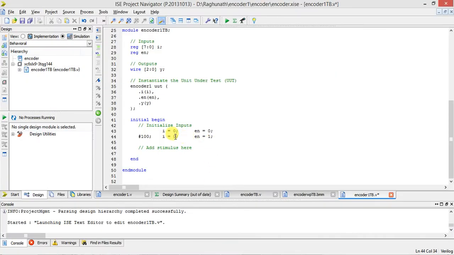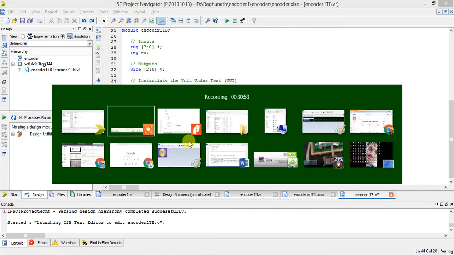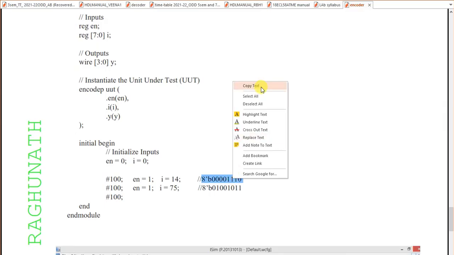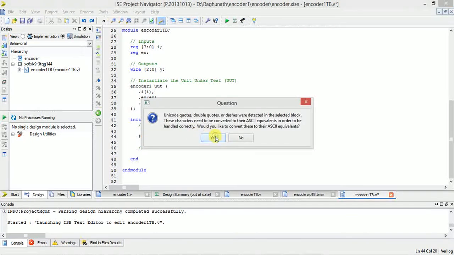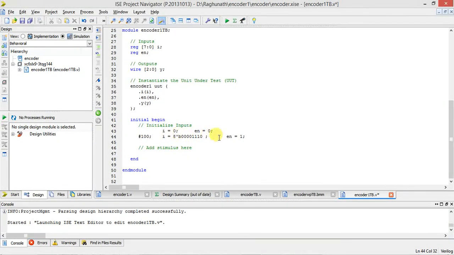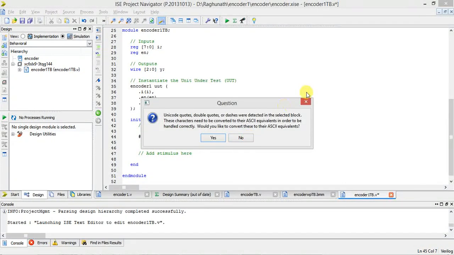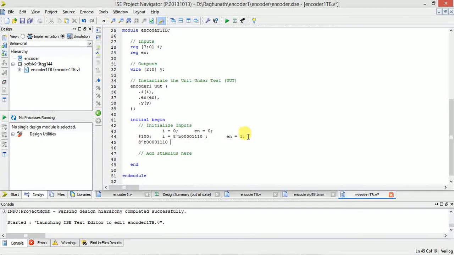So enable is 1 and input is given with this. So when input is this, enable is 1. Similarly, one more combination you have to give.